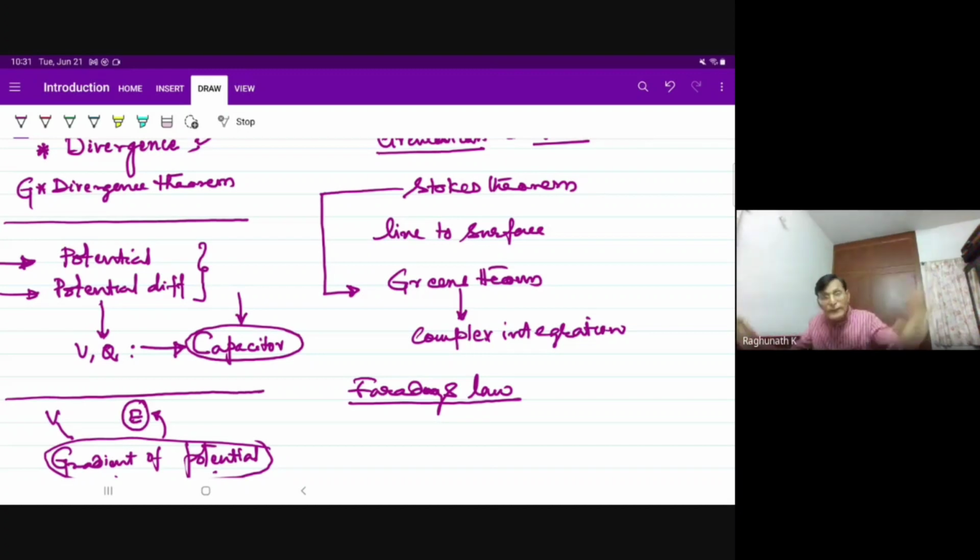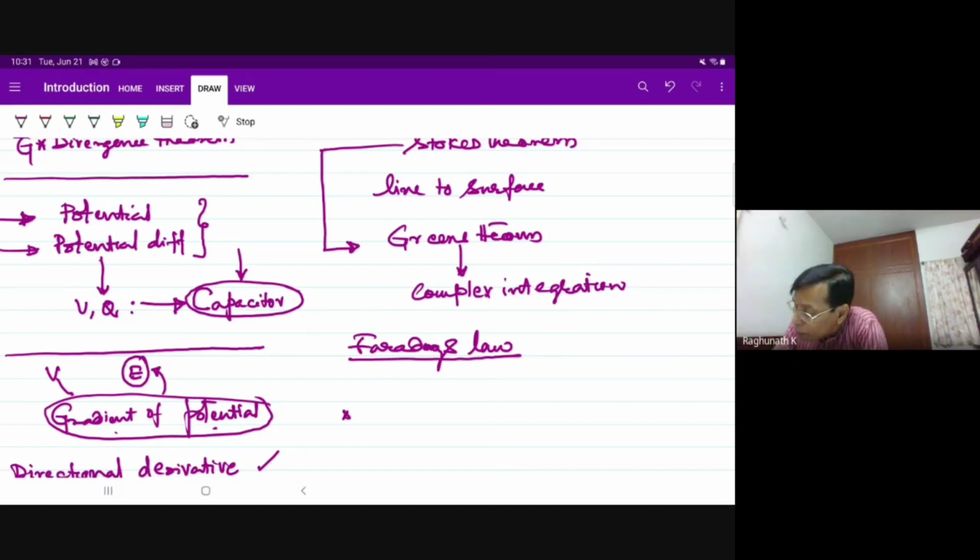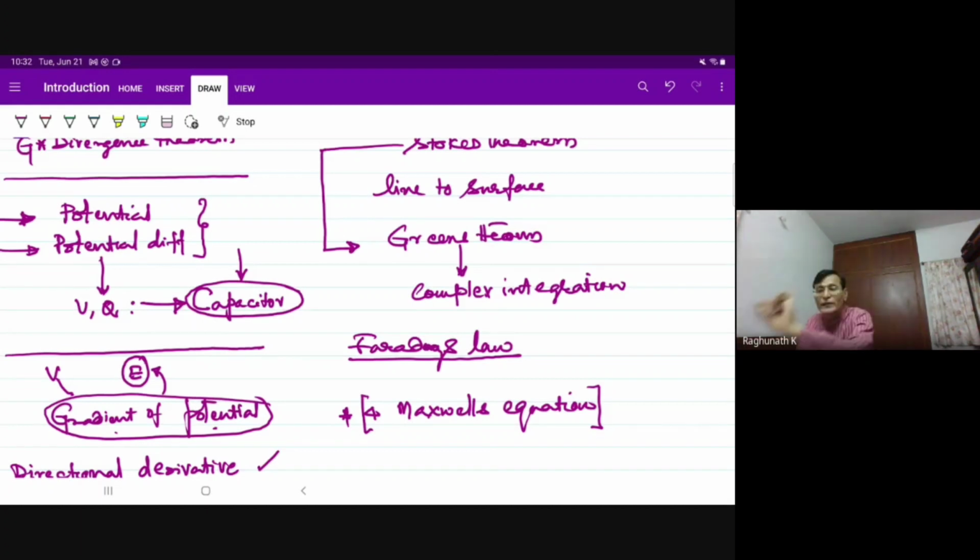So all these things ultimately have been defined, and we use them to really understand the mathematics. So many topics in mathematics, I will consolidate them into finally the 4 Maxwell's equations. That is where my syllabus starts. I may take around 20 to 25 hours for all these things. That means in 20 to 25 hours, I would have completed all vector calculus topics: gradient, divergence, curl, Gauss divergence theorem, Stokes' theorem, and ultimately Green's theorem.